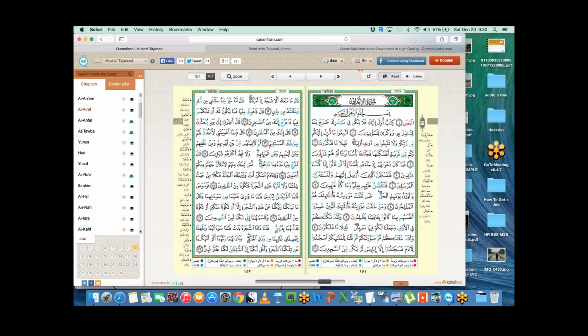So you have ikhfa. There's no color for idgham or iqlab. For iqlab, you have the meem written down. I don't see one on this page, but inshallah when we get to it, we will. Izhar has no color, just ikhfa has a color. Idgham, they have a little gray one here.